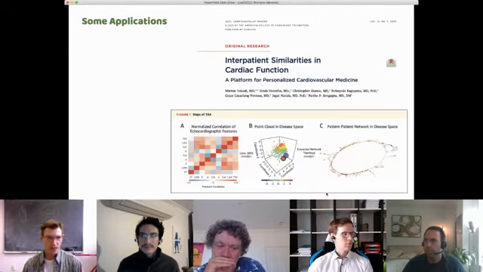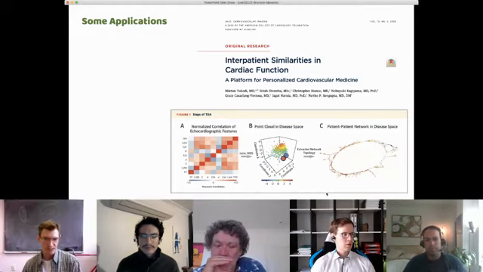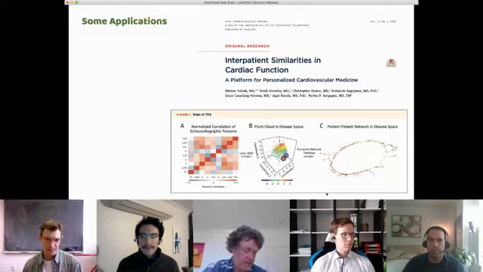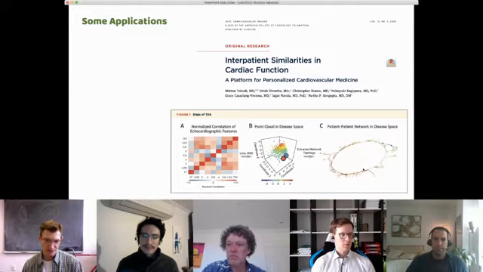A third application uses the mapper reconstruction. These researchers were looking at aortic stenosis patients using a variety of echocardiographic measurements to summarize them. These measurements produced a fairly high dimensional data set, which through multidimensional scaling, they projected down to a low dimensional space, and then went through that map reconstruction I described earlier to get, again, a one-dimensional simplicial complex, or a network, which they annotated according to the severity of the disease represented in each patient. And so what they're able to observe here is that there are two distinct pathways from mild disease to more severe disease, which correspond to different phenotypes of moderate disease.